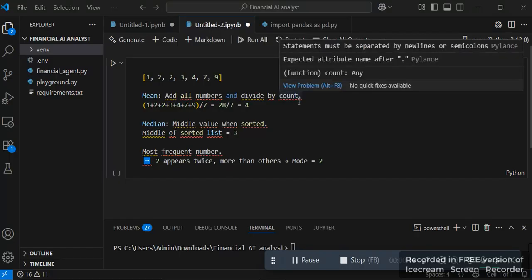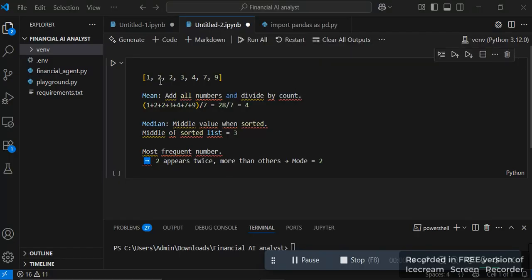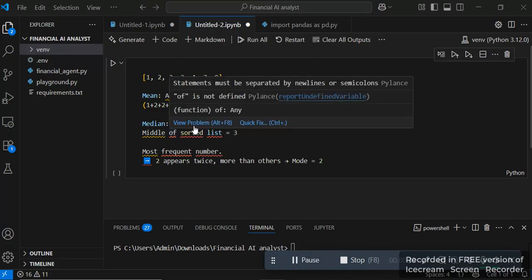just the average of the numbers, like we have to sum all these numbers and divide by the count of the numbers. So that's what it is showing on the screen, if it is visible now, right? We are summing up and then dividing by 7, which comes to 4,